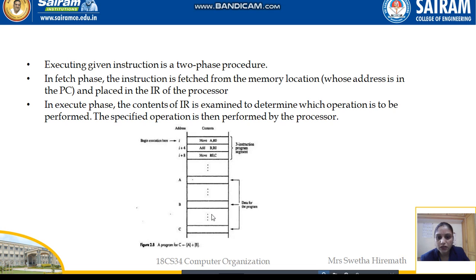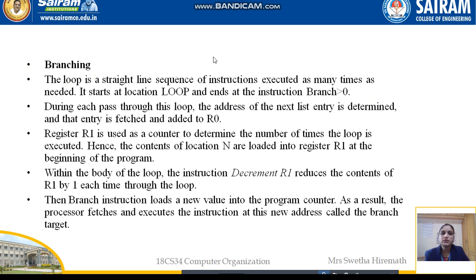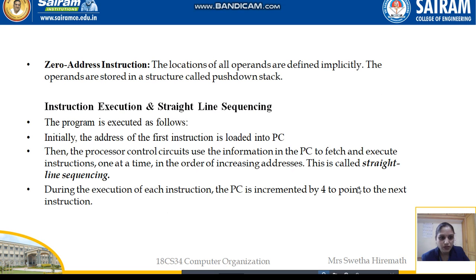Here we have the memory location of A, memory location of B, and memory location of C. Some address will be here, and we allocate those locations already. At these locations, the data required for executing these instructions will be stored. It will be fetched from there and executed. At last the result will be stored in C. So this is about the sequential execution of the program, that is, straight line sequencing of the program instructions.